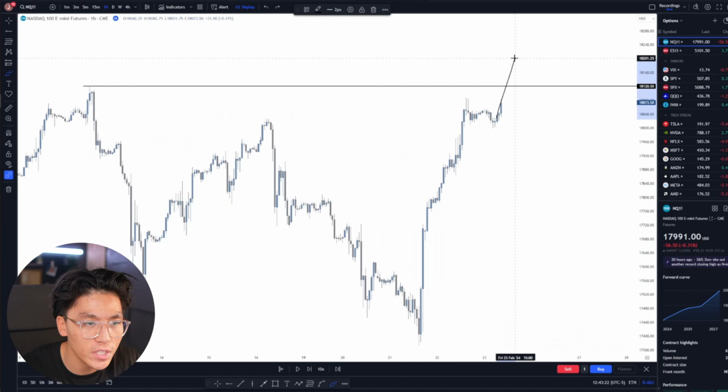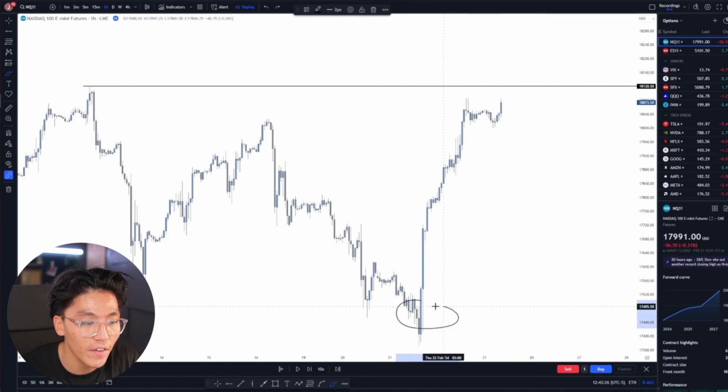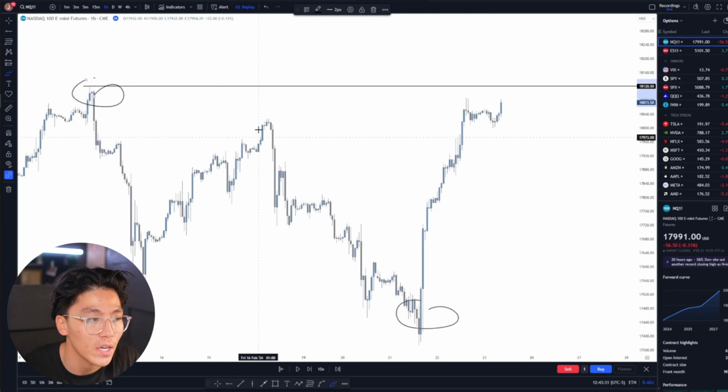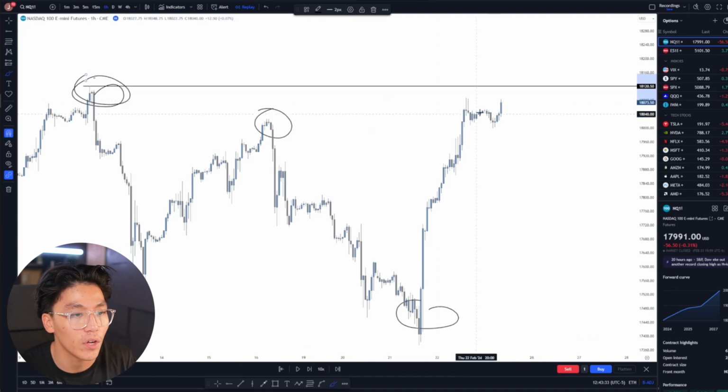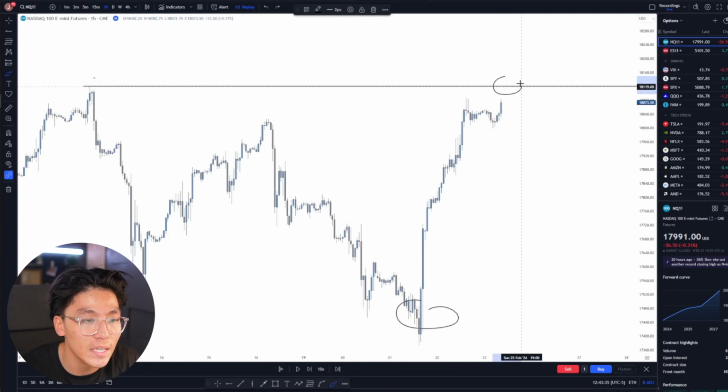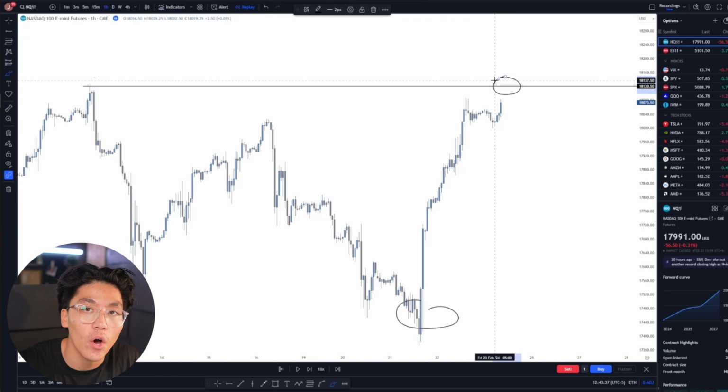Are we going to end up just continuing higher? No, that is very unlikely. The reason being is because if everyone's down here that bought down here, they're going to be looking to target some sort of liquidity levels, being this and this all-time highs level. So what's most likely going to happen is we're going to get some sort of reaction around that all-time highs